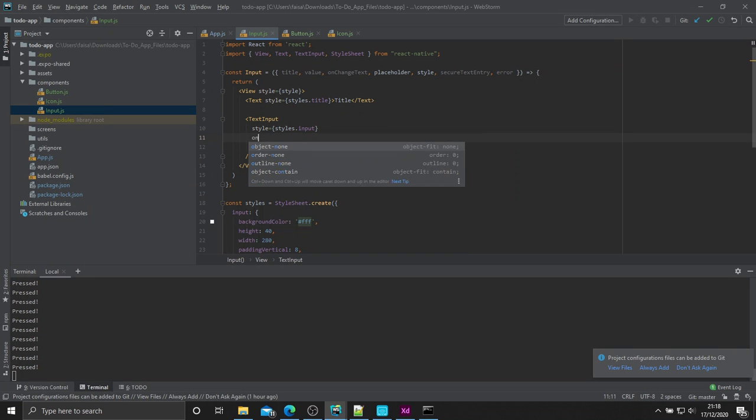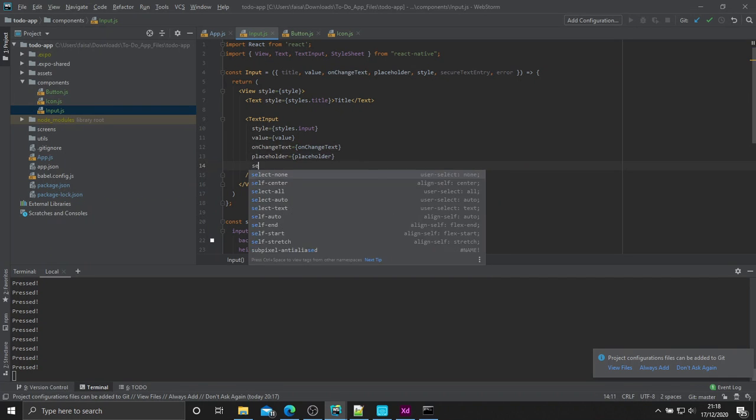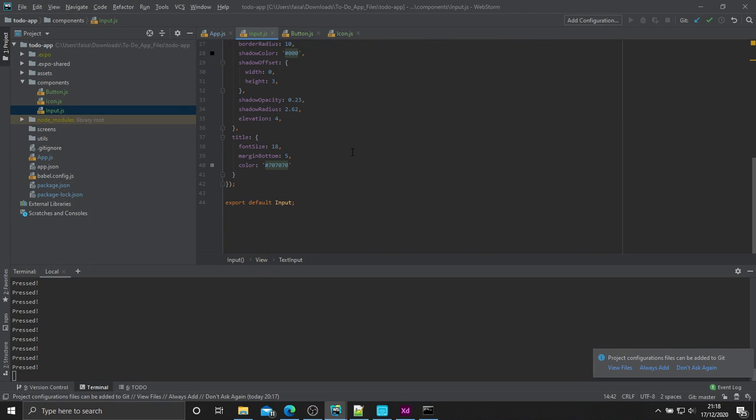We'll also do value equals value. On change text equals on change text. Secure text entry equals secure text entry. And now, once we've done all of that, let's get our default values in. So we type input.defaultProps equals title,